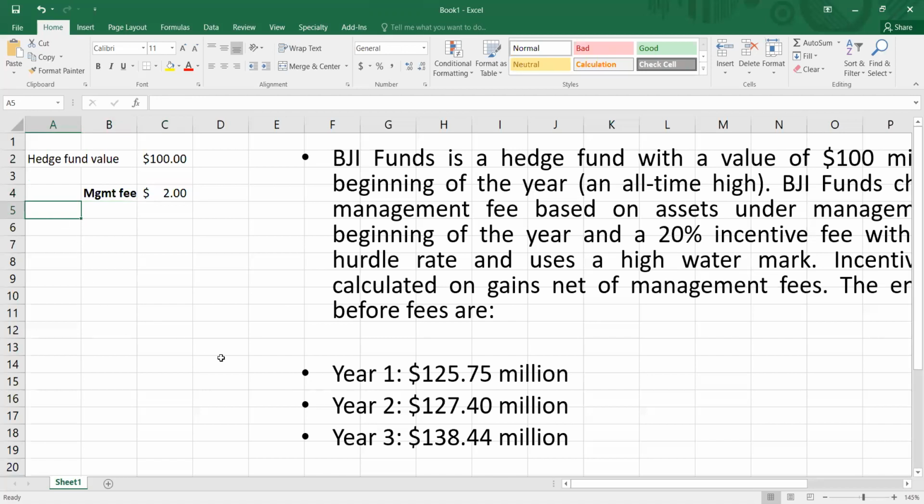Then we need to calculate, actually we've got in here the gross value at the end of the year, which is equal to 125.75. Okay, so gross value, end of year,